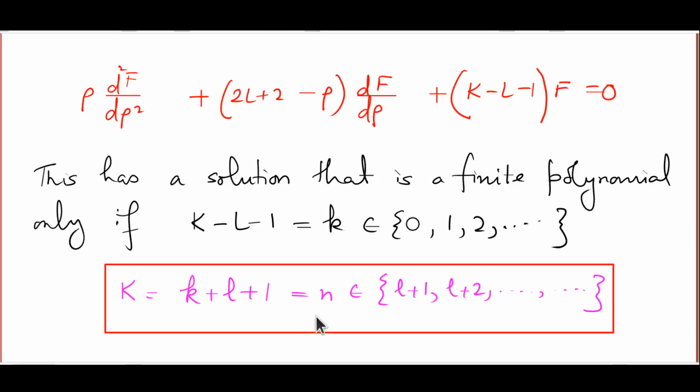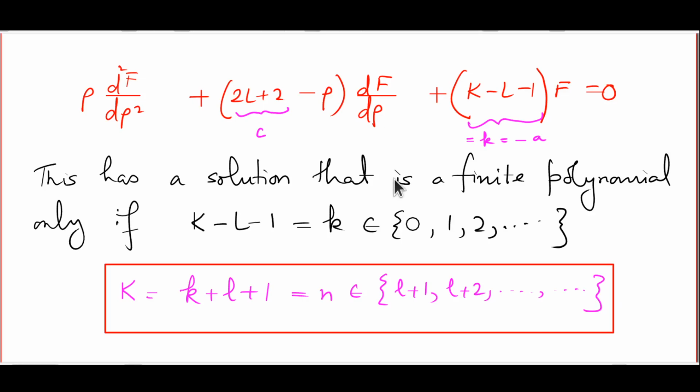Remember that capital F is a part of the radial wave function, and this of course satisfies the confluent hypergeometric equation as we have been saying. Let me also remind you once again that this is the parameter c in the confluent hypergeometric equation, and this capital K minus l minus 1, which is also our small k, is actually minus a in the confluent hypergeometric equation. Also, from the last lecture we had learned that there are two independent solutions of the confluent hypergeometric equation,